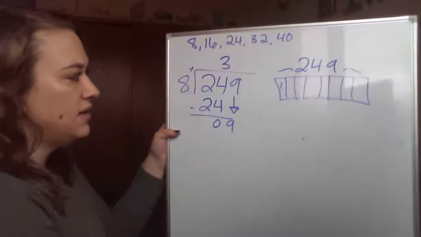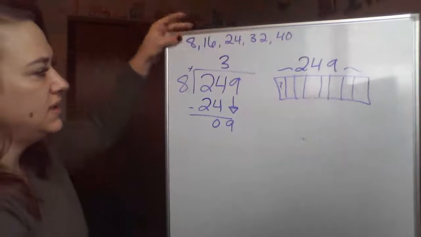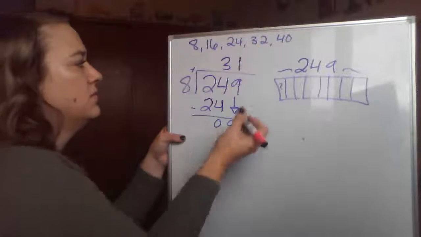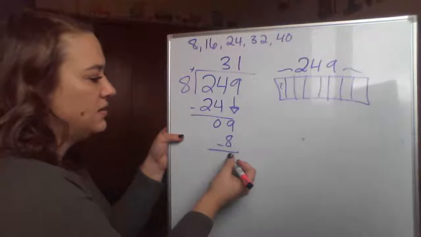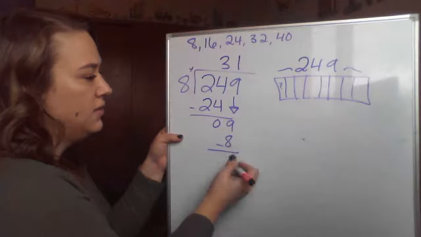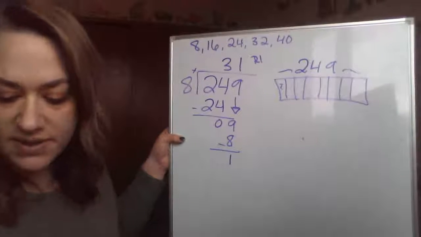8 can go into 9 how many times? Well, 2 groups is 16, 1 is 8, so we're going to do 1. 8 times 1 is 8. We subtract, we're going to have 1 left over. So our answer statement says,